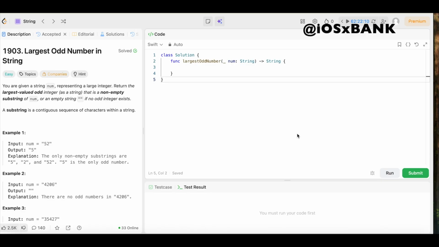All right, y'all, we're back again, another day, another LeetCode problem where we're doing daily LeetCode problems. And today we have question number 1903, largest odd number in string. The difficulty level is easy, so you already know we're going to keep the solution as simple and easy to